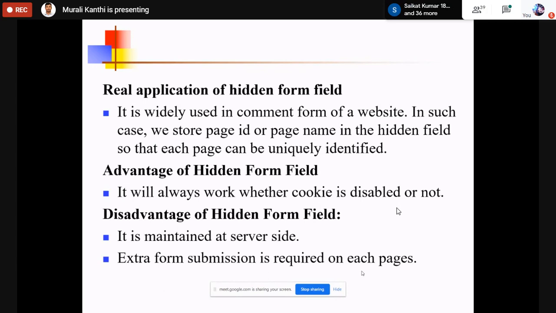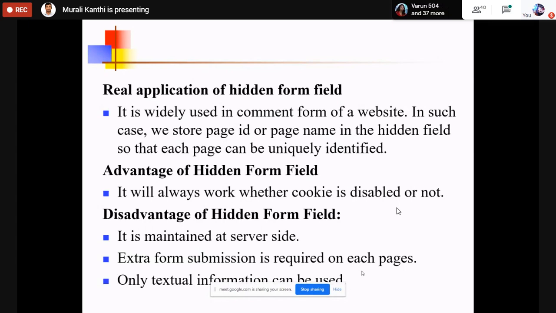If a form is not there for a page, then one extra form is required to create. And it is maintained at the server side, so this information can be used by the server only, and the user cannot change that name and value. And one more: only textual information can be used.